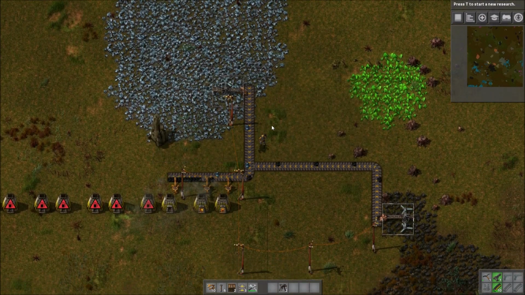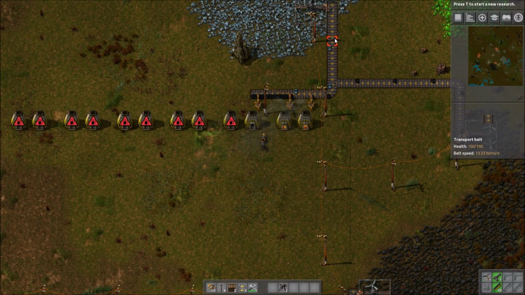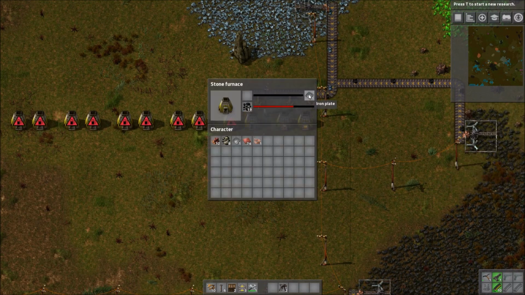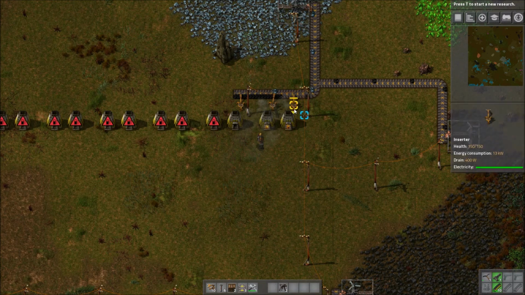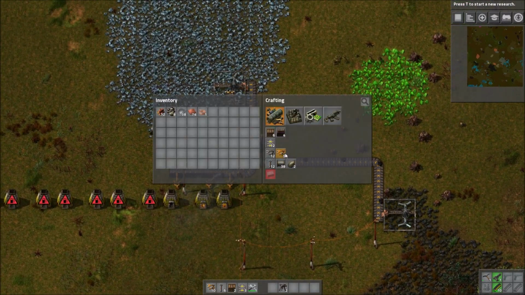We really want to make things work faster. What we're going to need to do is fill that, just completely fill that with iron. So we'll come back to that at some point. Now that this one is working, what do we want? We want